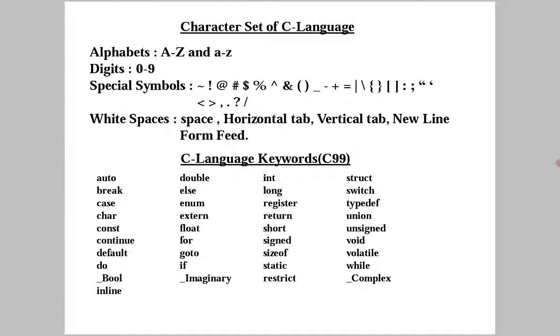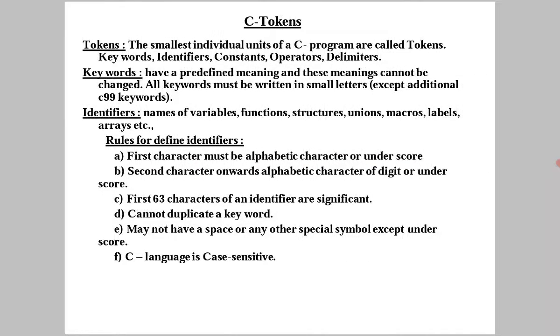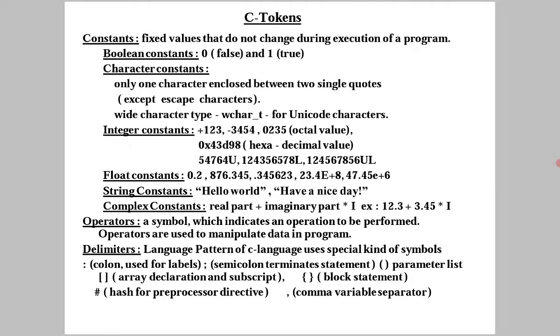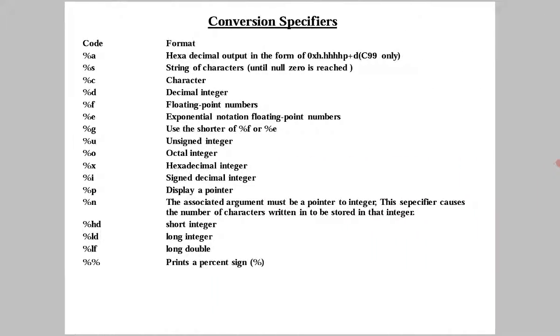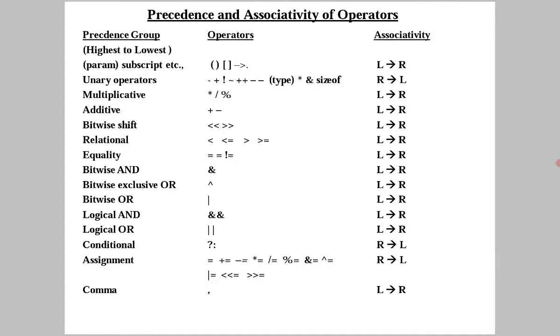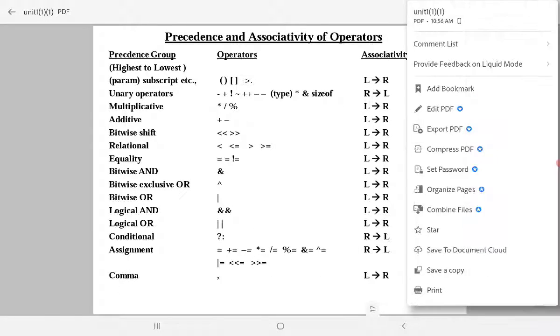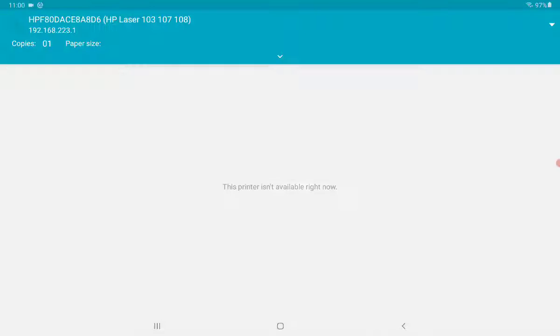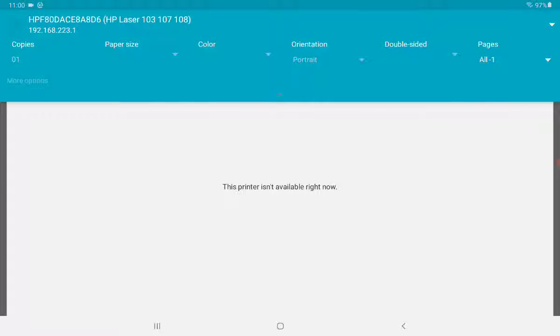What do we mean by character set? Characters like alphabets, digits, etc. And what are keywords or reserved words in C language, what are C tokens, data types, and backspace characters. All these things we will explain clearly or discuss today. So we start with